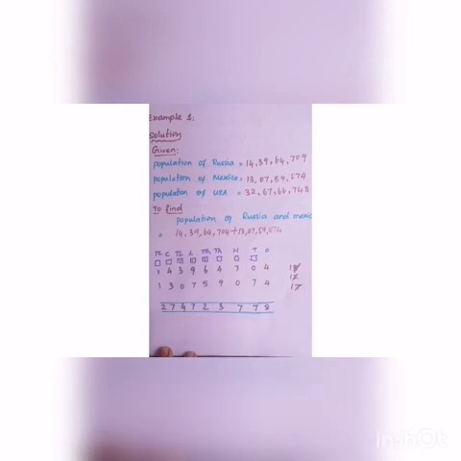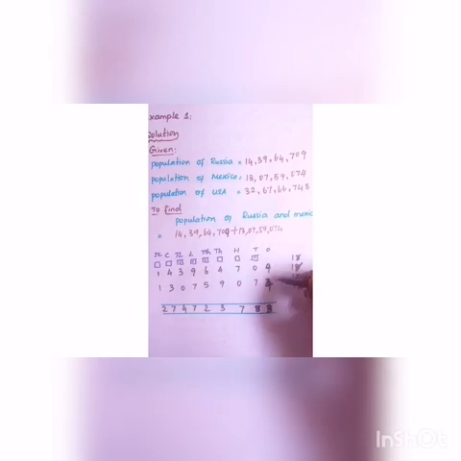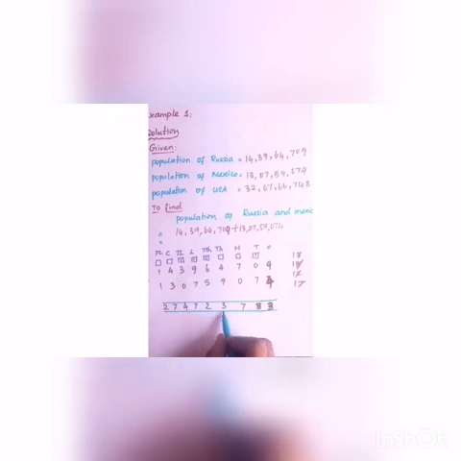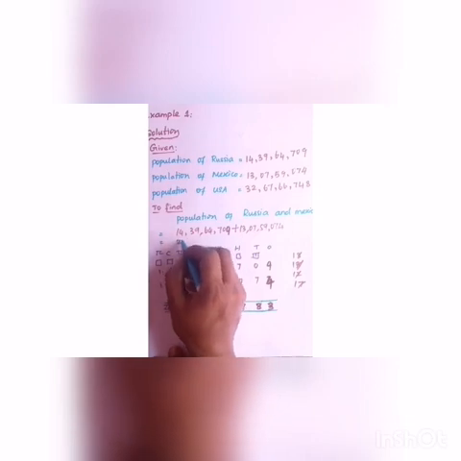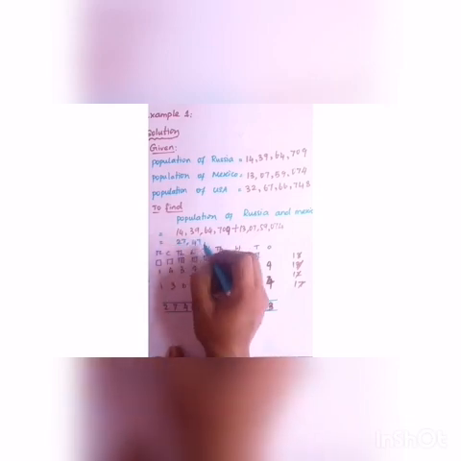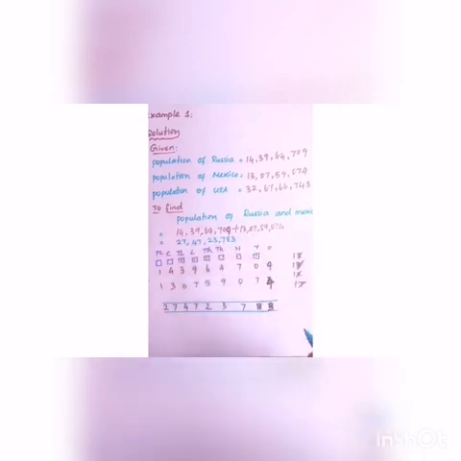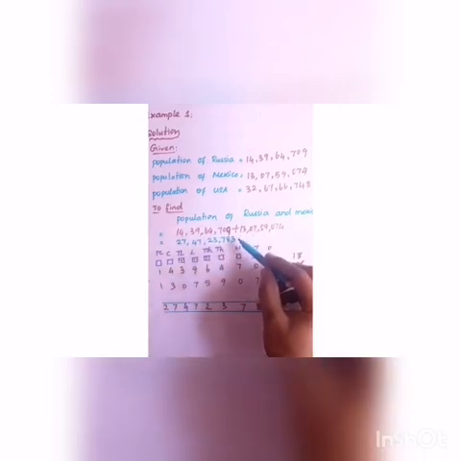23,778. Here you have to write both the addends and then get the answer, which is your sum. So this is your population of Russia and Mexico together. So whatever you got here, write in this place. What is the answer you have got here? 27 crore 47 lakh 23,783. Let me write this. So this is the population of Russia and Mexico.